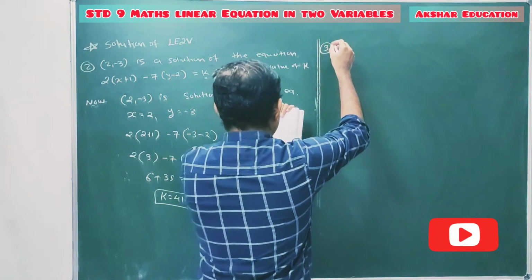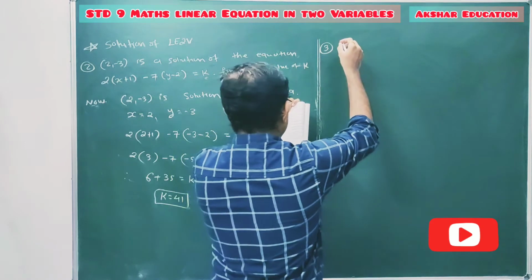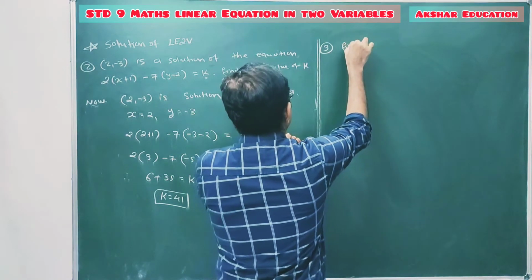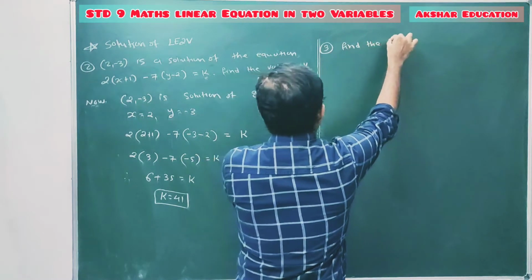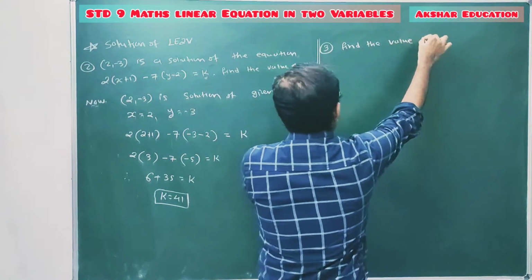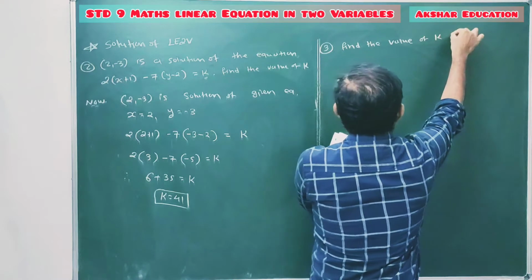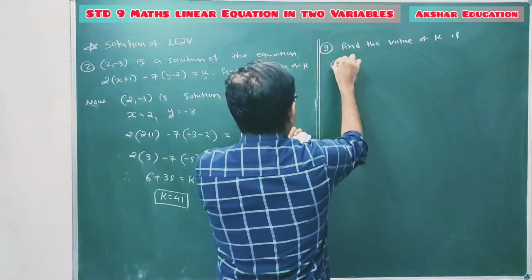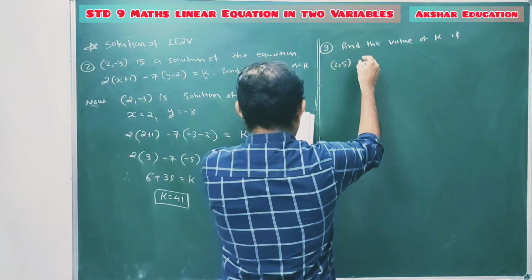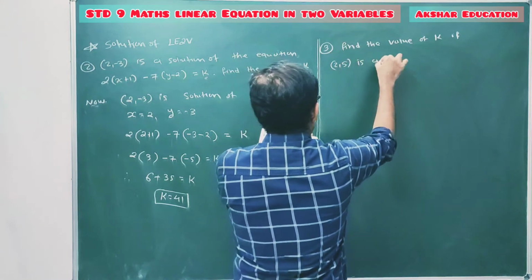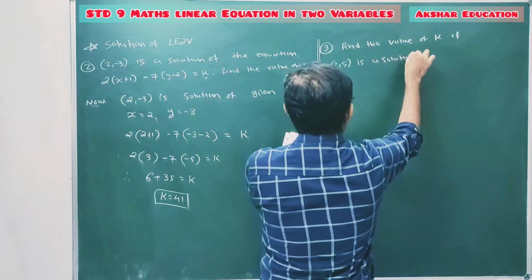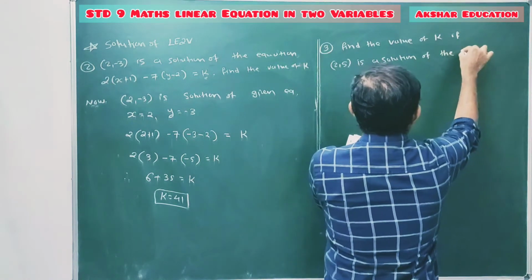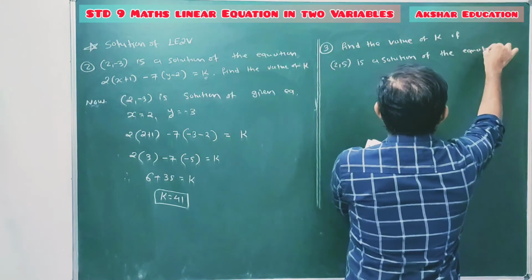Question is, find the value of k if (2, 5) is a solution of the equation